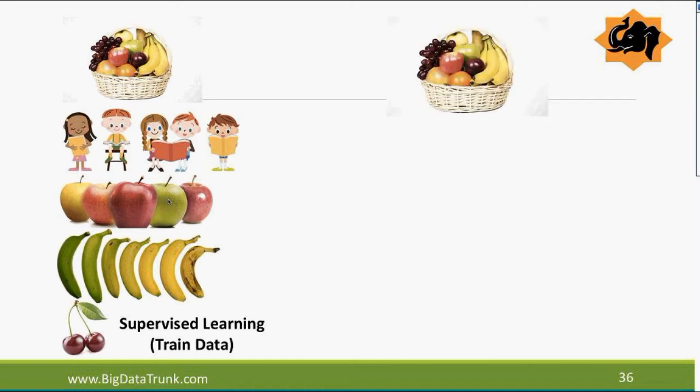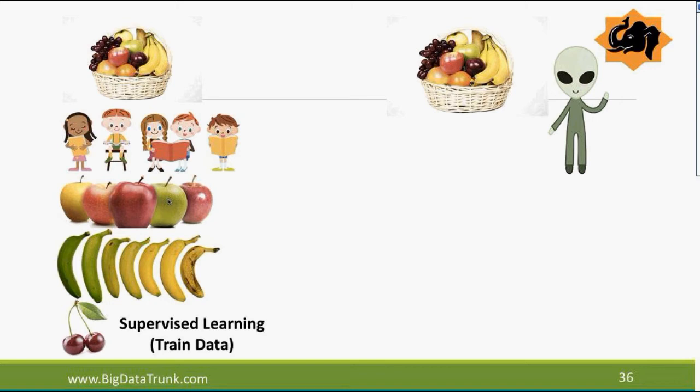To truly understand it, we have to see what the other side is. Let's do the same example. This time we are not going to call the kids, let them have their own fun. This time we are going to call in aliens from another planet to help us with this. I'm making two assumptions. Aliens do not have fruits. Lucky us, right? And the second assumption I'm making is that they are not colorblind. So they can see colors, right? They don't know fruits, but they still can see colors. Those are the two assumptions I'm making.